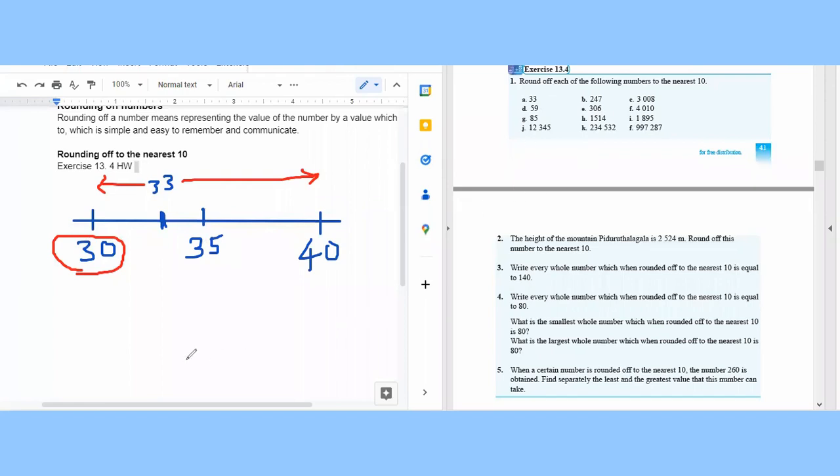Then 247. So this is the number line method. You can use the number line to round numbers to the nearest 10. Another method is to look at the place value. When you round to the nearest 10, first you look at the tens column. It is a 4. Then you look at the digit to the right hand side, which is 7, the ones column. So if the ones column is less than 5,